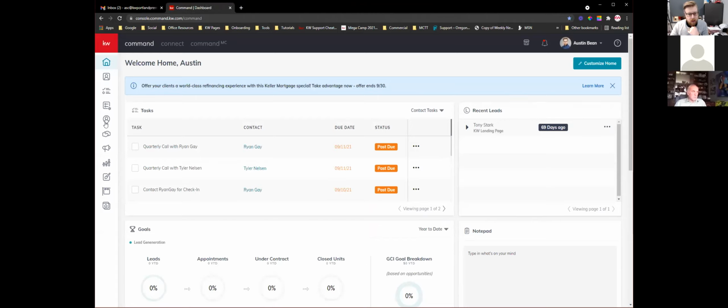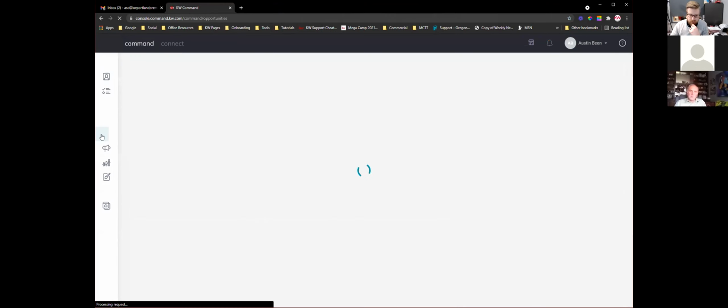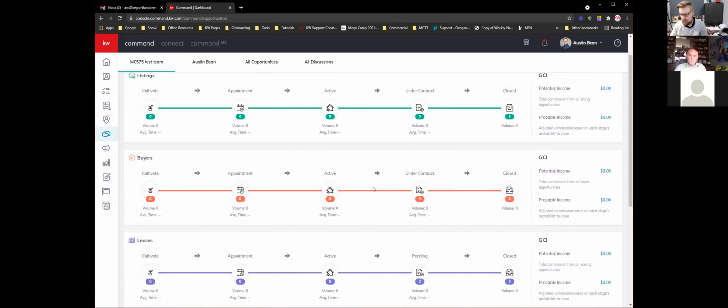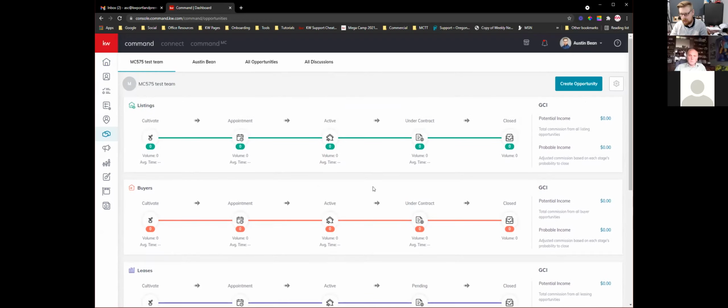Okay. So going into opportunities. If you haven't touched opportunities yet, it's a little handshake button. But when you go into this, you're going to see a lot of things here. All that you need to know is this is just a dashboard. You can't necessarily do anything crazy on this page, but it is mainly for your benefit of just seeing some